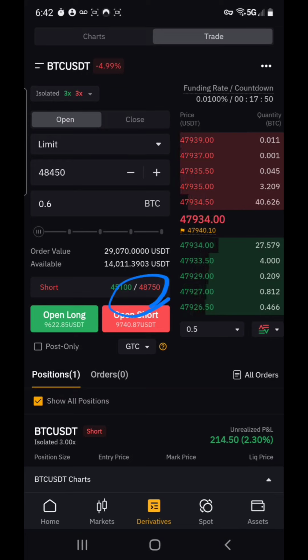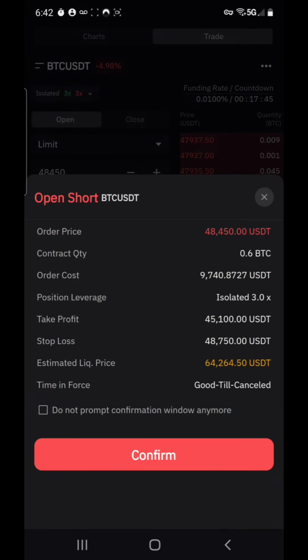Maybe you don't want to keep it that tight, but you have to make the decision on your own. So I'm going to open that short position. You're going to get a nice warning here that you're about to do it. Please review it. If I did not have this stop loss built in, okay,